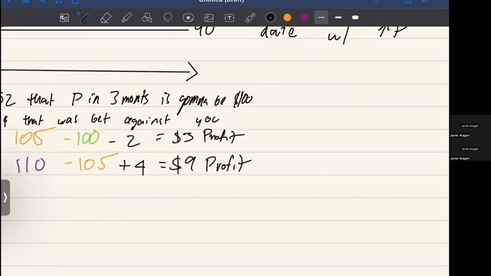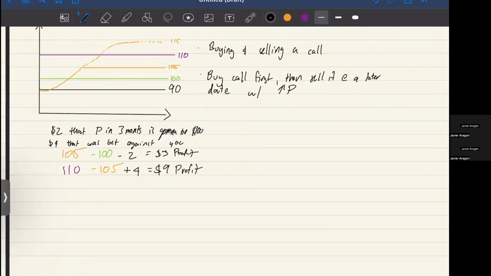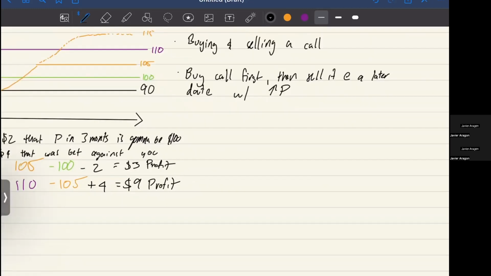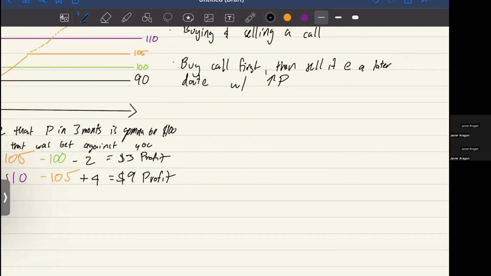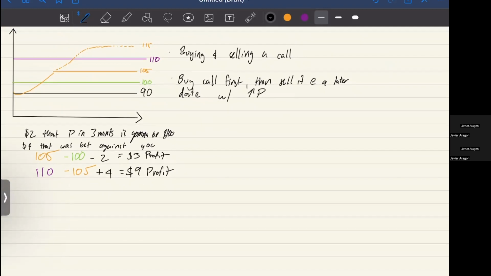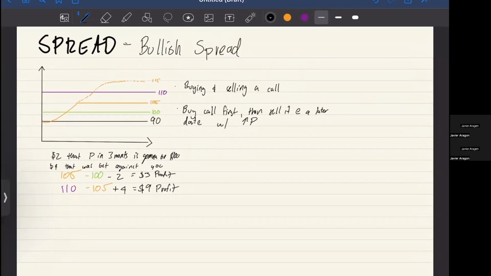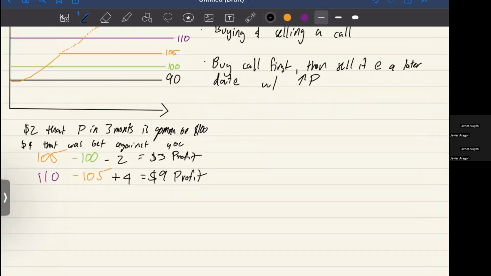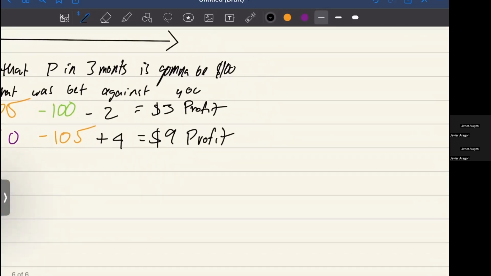So essentially, what you're doing here is putting a cap on how much you can earn. This is similar to the covered call in which you're just placing a ceiling. But this is usually made in order to finance. So again,